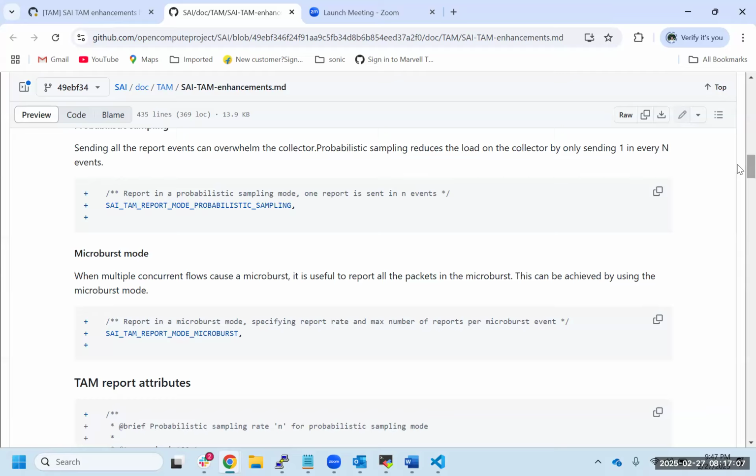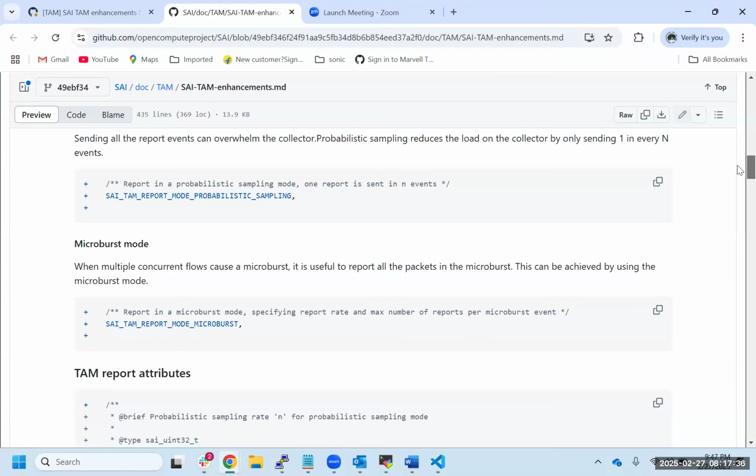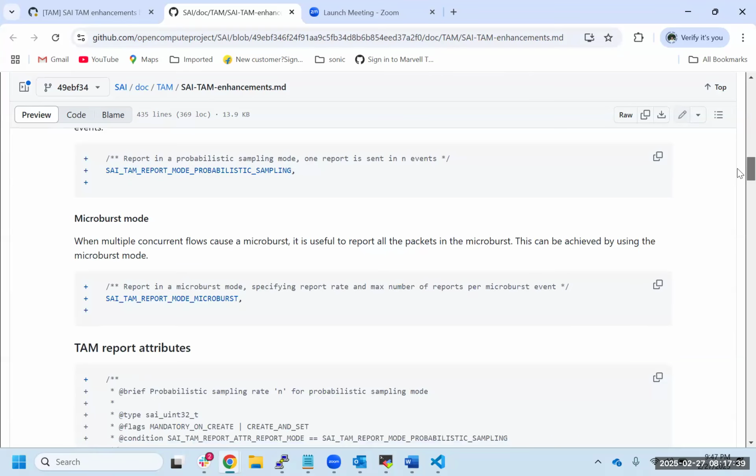And that's a trigger. There's a trigger for packet sampling. So after that trigger has happened, while those reports are going, you want to sample those reports itself. Yes. If the hardware generated 100 reports, you want to do just 1 in 10 kind of a thing. That's correct. So that's after the fact, the reports which are being generated, right? Yes. And microburst is, how do you calculate the report rate, etc.? How do you define a microburst?